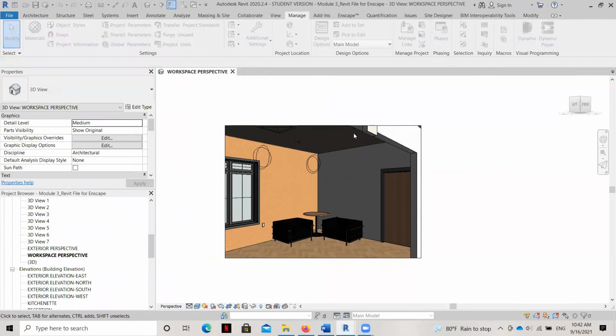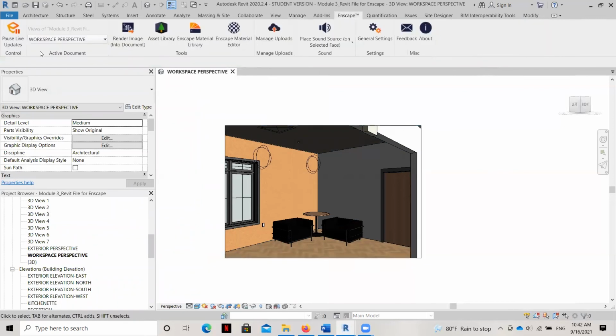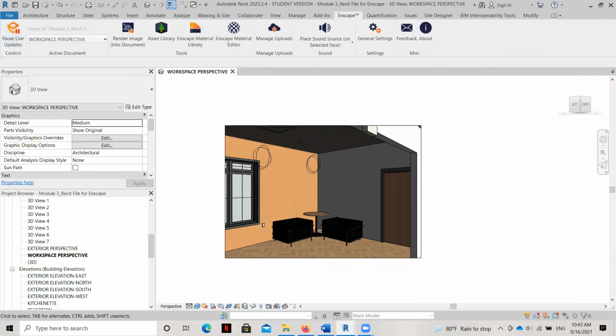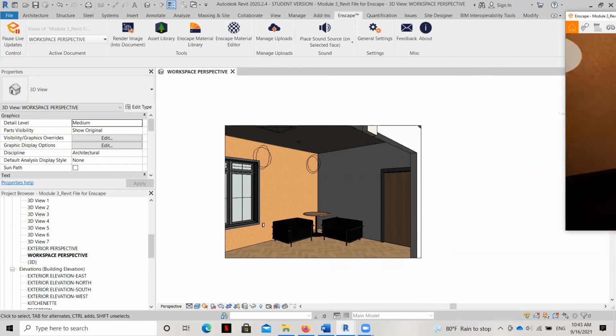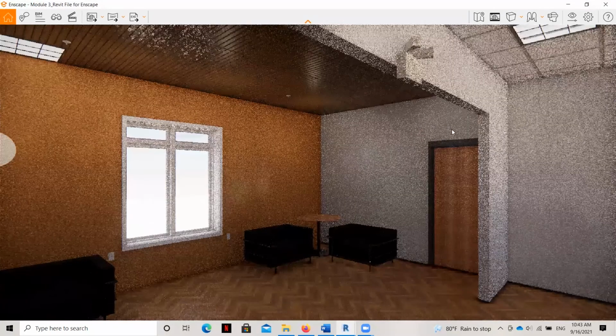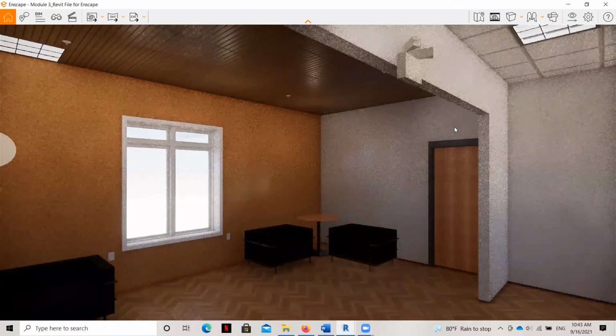So I'm going to go over to my Enscape tab. I'm going to hit this pause live updates, and I want it to update my rendering. And you can see on my other screen, there's a little circle arrow in the lower left-hand corner that says it's updating. And now here is my rendering. Now, it looks a lot better on my other screen because my other screen has a higher resolution and doesn't have this kind of pixelating effect. But you can see, look at how beautiful it looks.